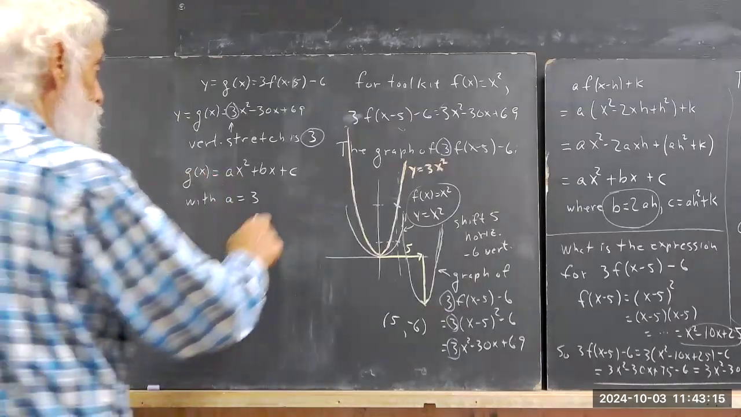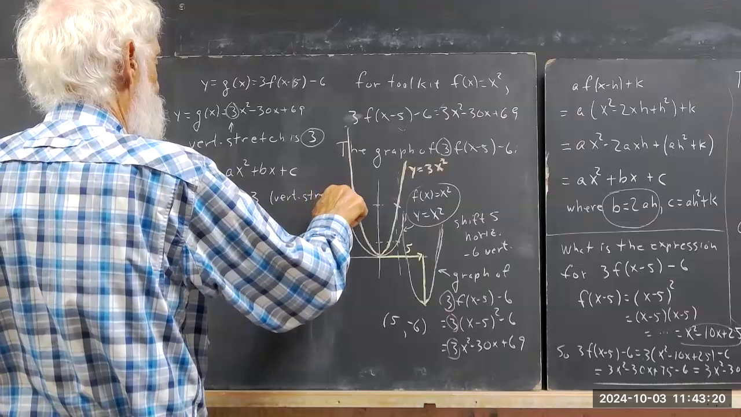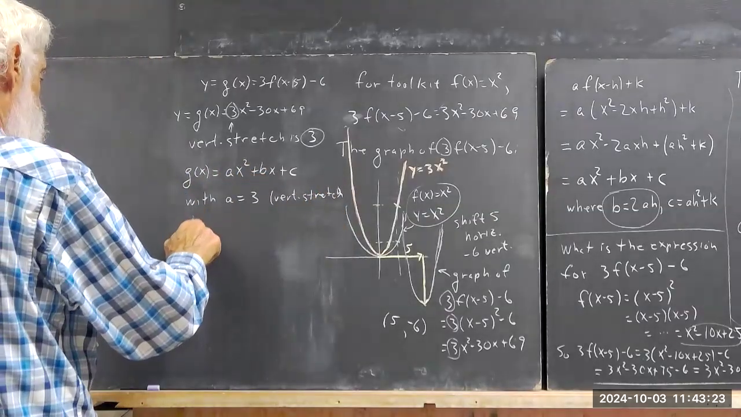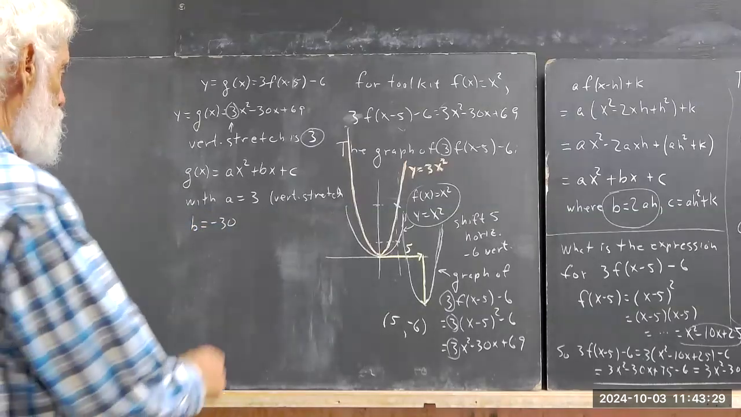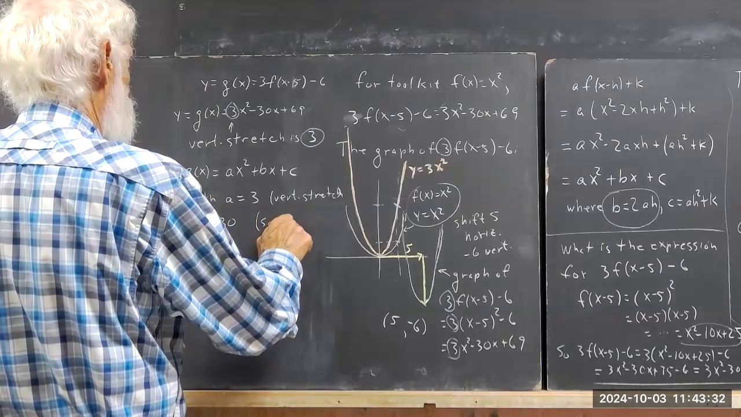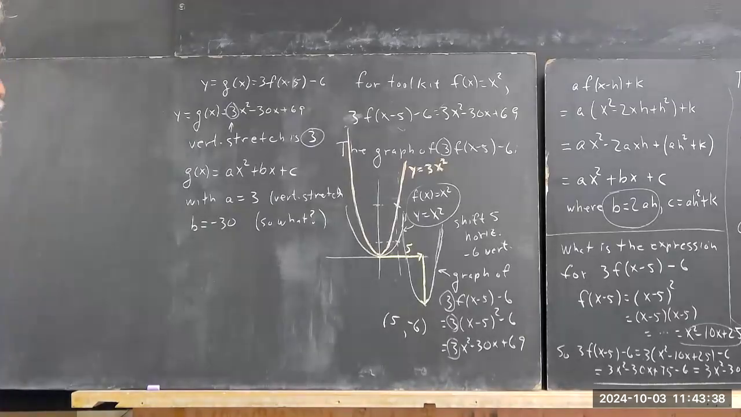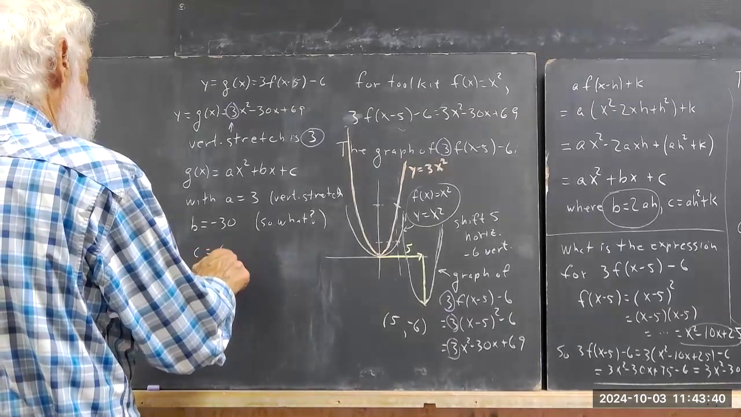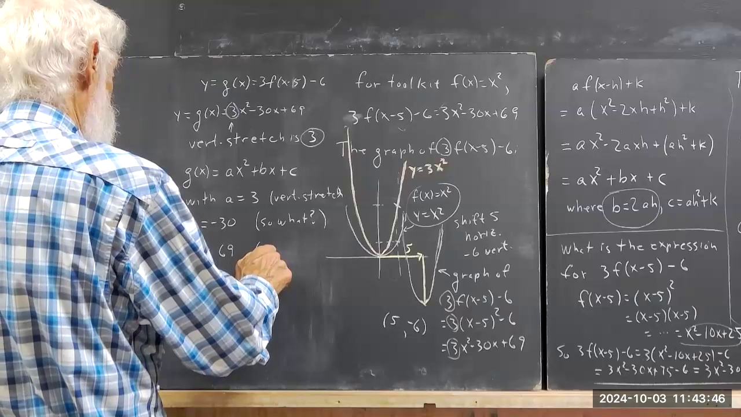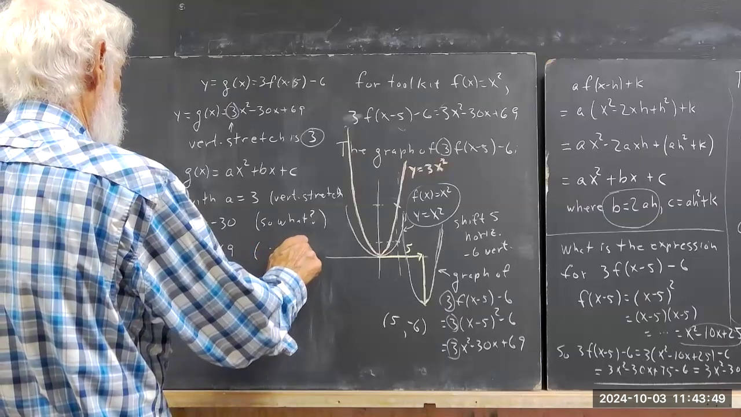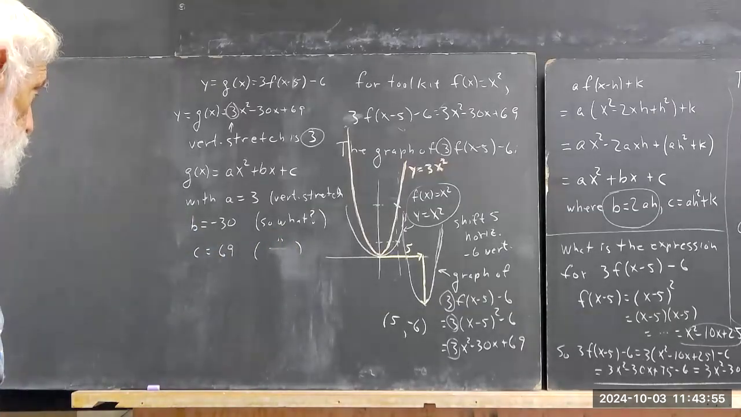A is 3. This is your vertical stretch. B equals negative 30. At this point, your question is, so what? Okay. And C equals 69. I just put the so what on that. And while the so what is,